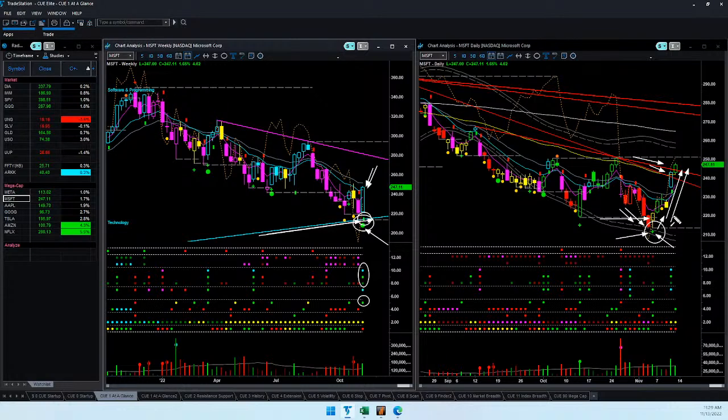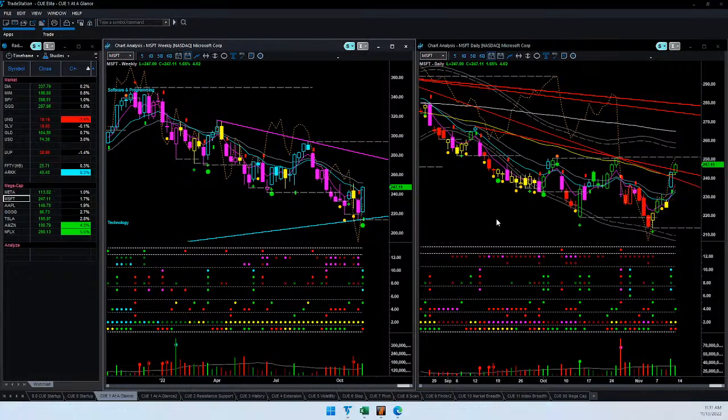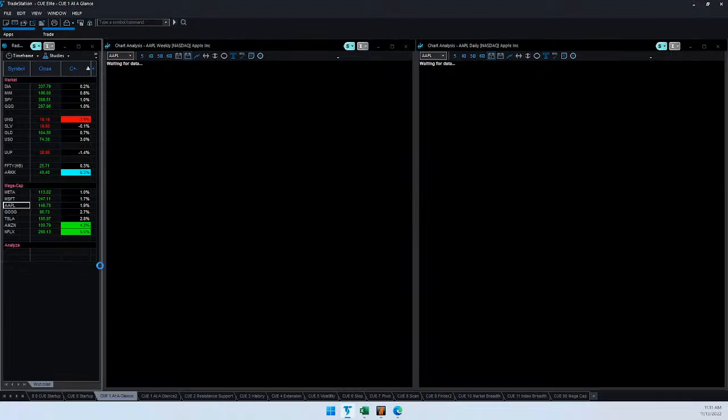So it's a breakout from trend line resistance, but there is no Q breakout long trade setup. We would have bought once again at the low point, not at the high point. Apple,